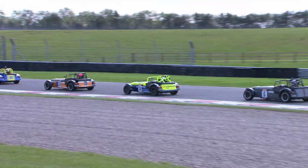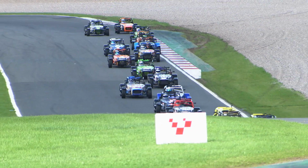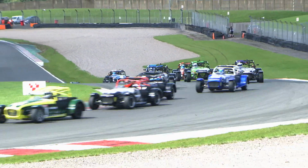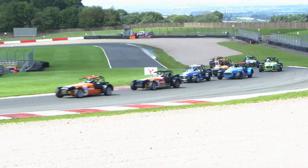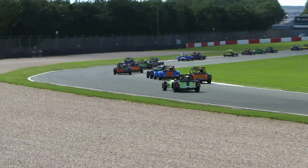Here goes Ollie Pratt, the number 74 car, another regular frontrunner still looking for his first win of the year. There are several drivers who potentially are on the verge of getting that first win of the season, just haven't quite got there yet. Again, good battling right the way through the field, the entire grid of cars pretty much